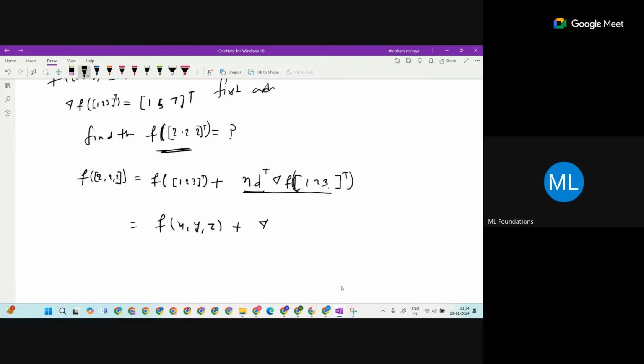So what is the Taylor series, or first linear approximation, in one variable? It is called the first order Taylor series. So that is the dot product with the gradient of f with x, whatever, x minus a, y minus b, z minus c. So here, this is the increment part.